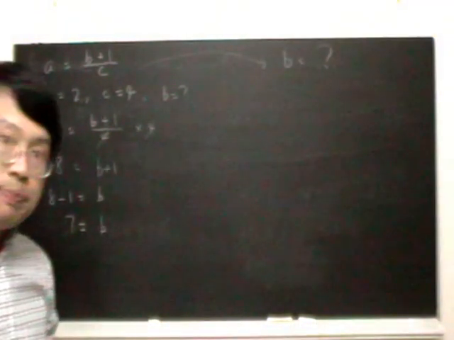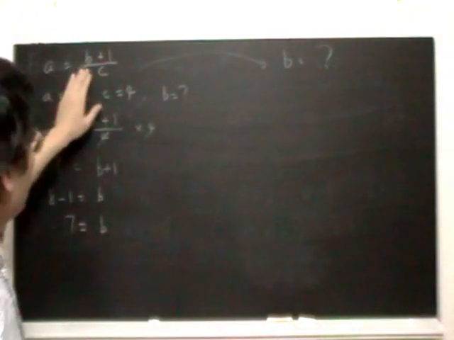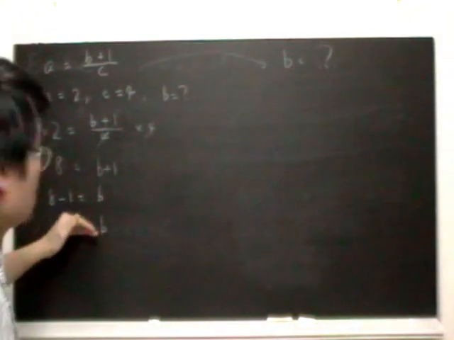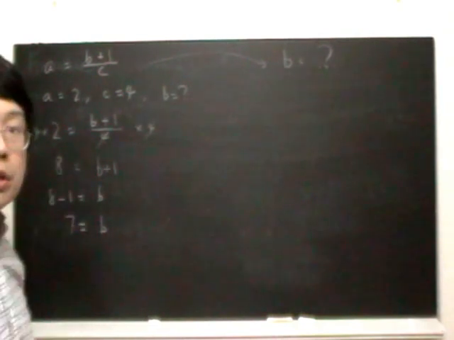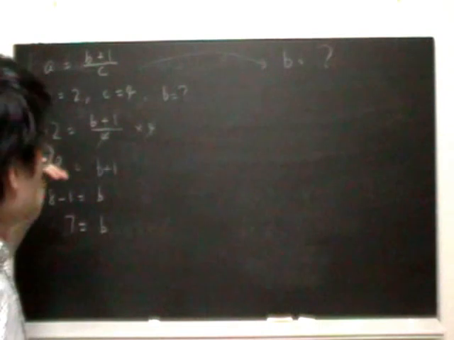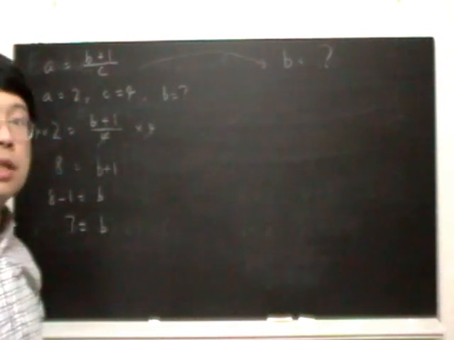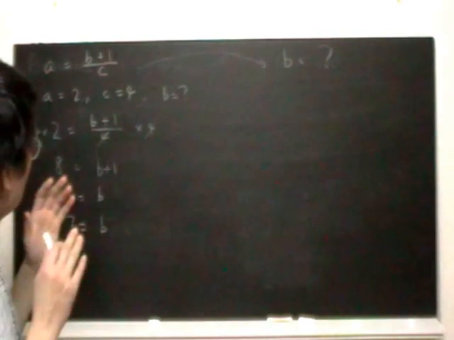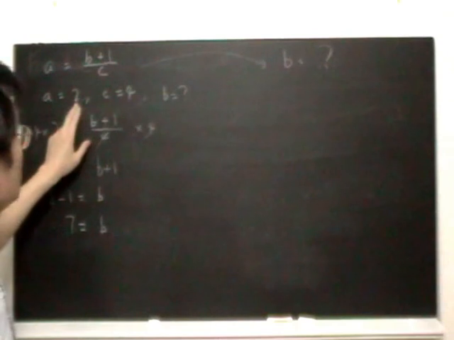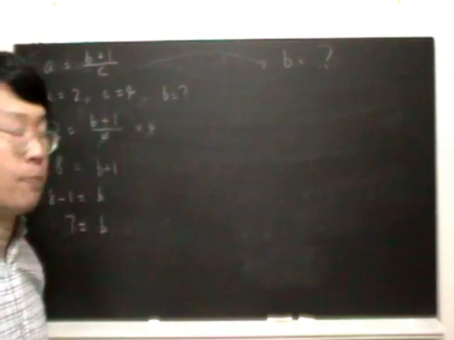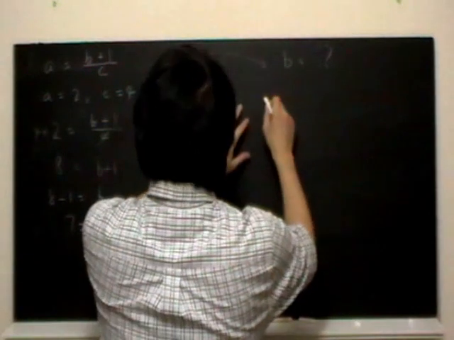We can do it simply by applying the steps that we use to solve the equation. We can just apply these steps to the formula itself before we actually substitute numbers into the a and c. So let's start and see